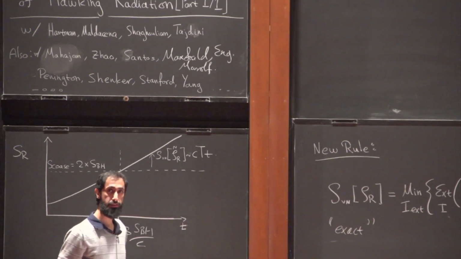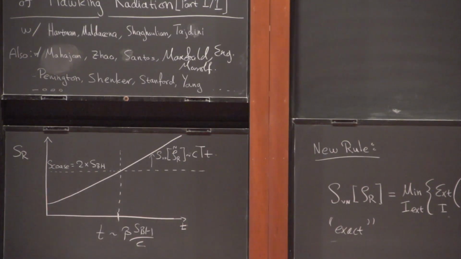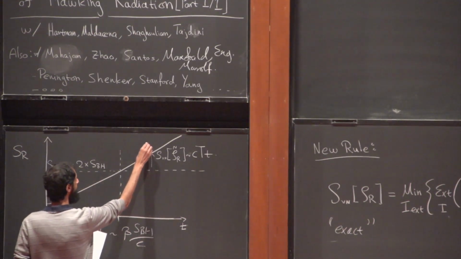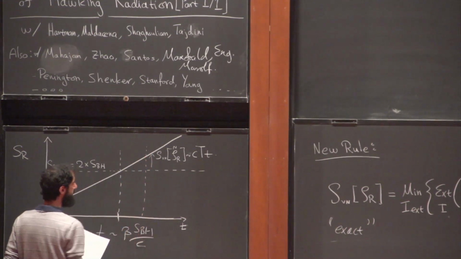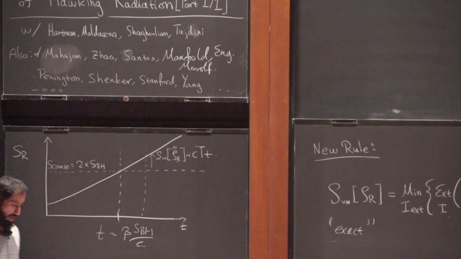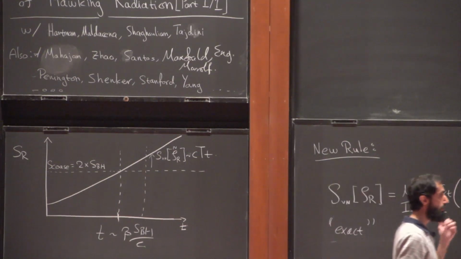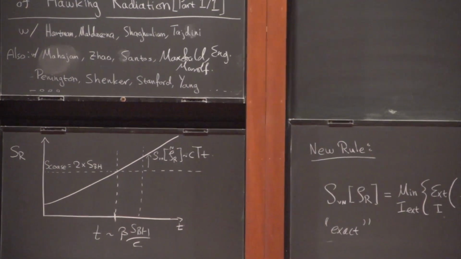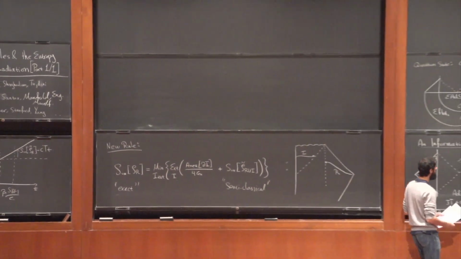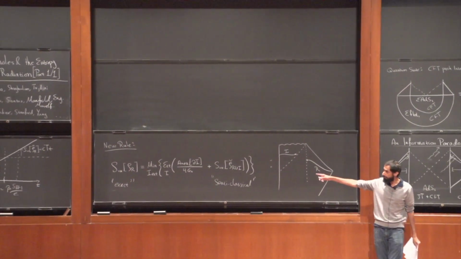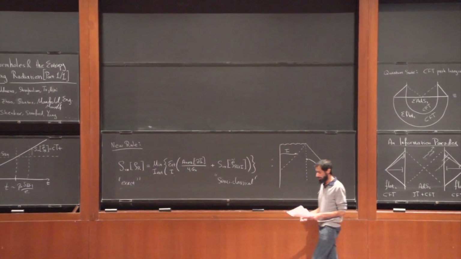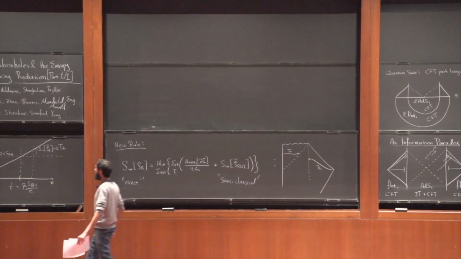Let me make a comment which should disturb many of you, especially Dawn. If you look at this space-time after the Page time, you can run the AMPS argument in this case. So there's a firewall paradox in the eternal black hole. So after the Page time, so maybe before I do that actually,